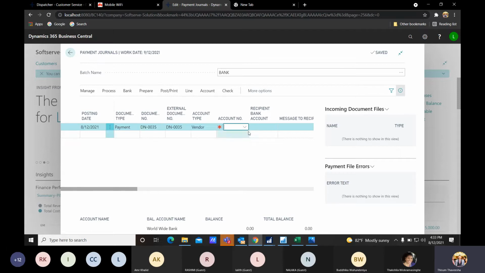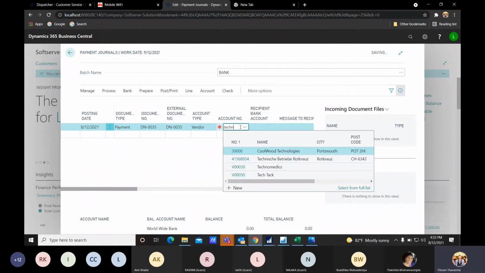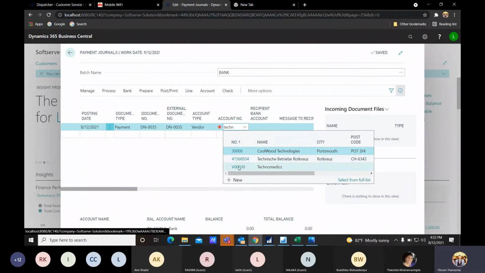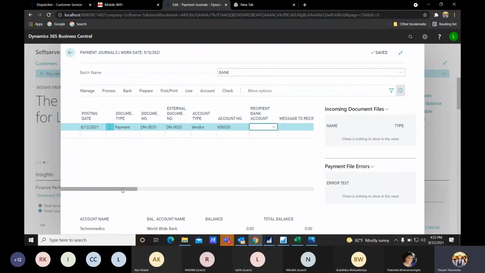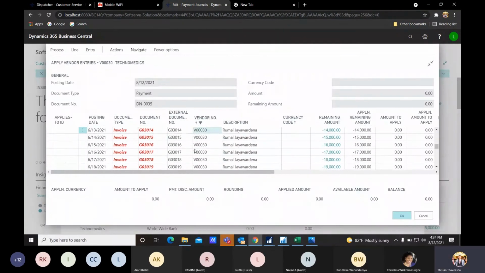Okay, so now here we have to select the vendor for whom we are doing this payment. So I did the purchase order for Technomatics, so we can select the Technomatics vendor, right? And then we are doing this payment against Technomatics. Okay, so we have one option called apply entries, where you can choose the relevant invoice here.